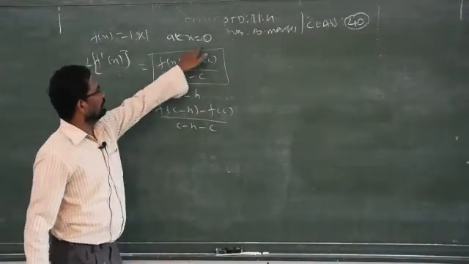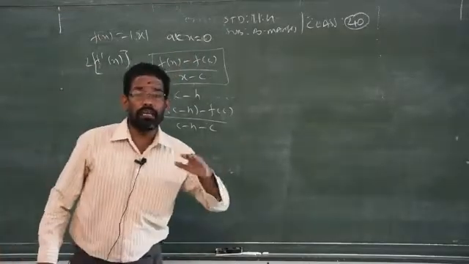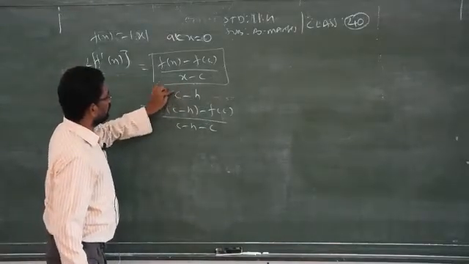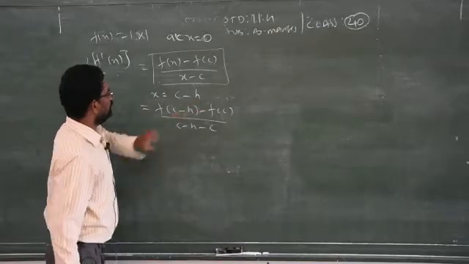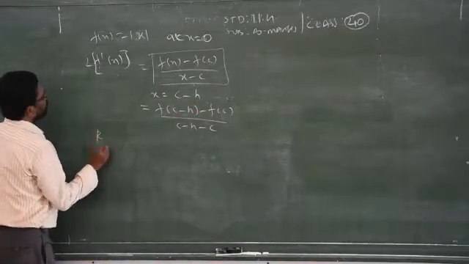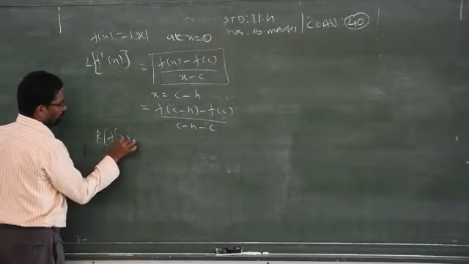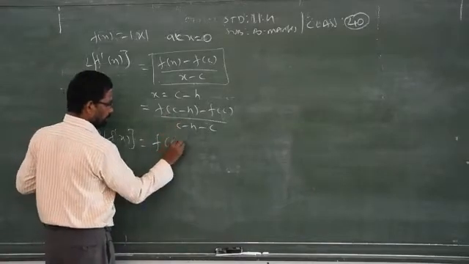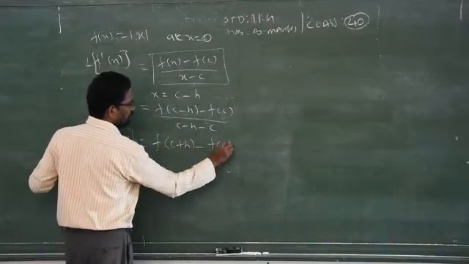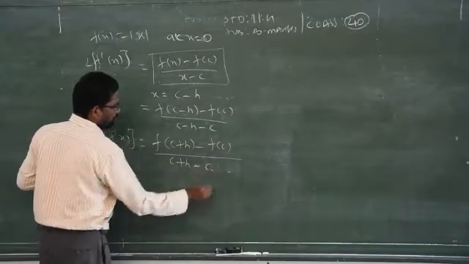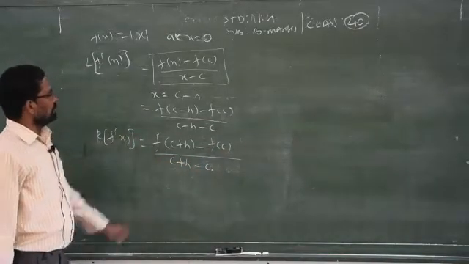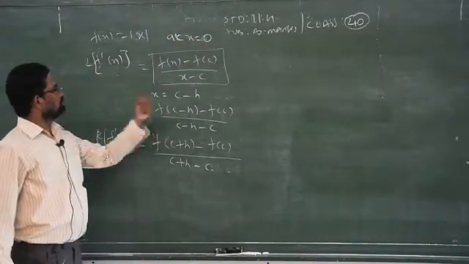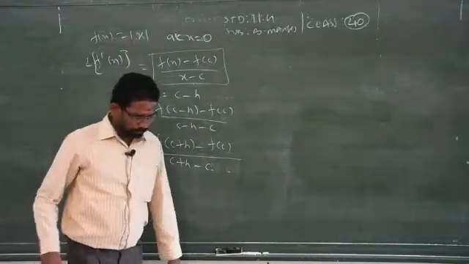C stands for the given point. Just now what you did for the left hand limit and right hand limit, there you replaced with some point minus h. Here I take the general form c minus h. This is the general formula for the left hand. What about the right hand derivative, that is R of f dash of x is equal to the same. You know right hand side means minus will become plus. So f of c plus h minus f of c by c plus h minus c. Clear? So these two formulas. In this question, in the place of c, what is given? 0. You just have to replace c by 0 and the function, and you will get the required answers.